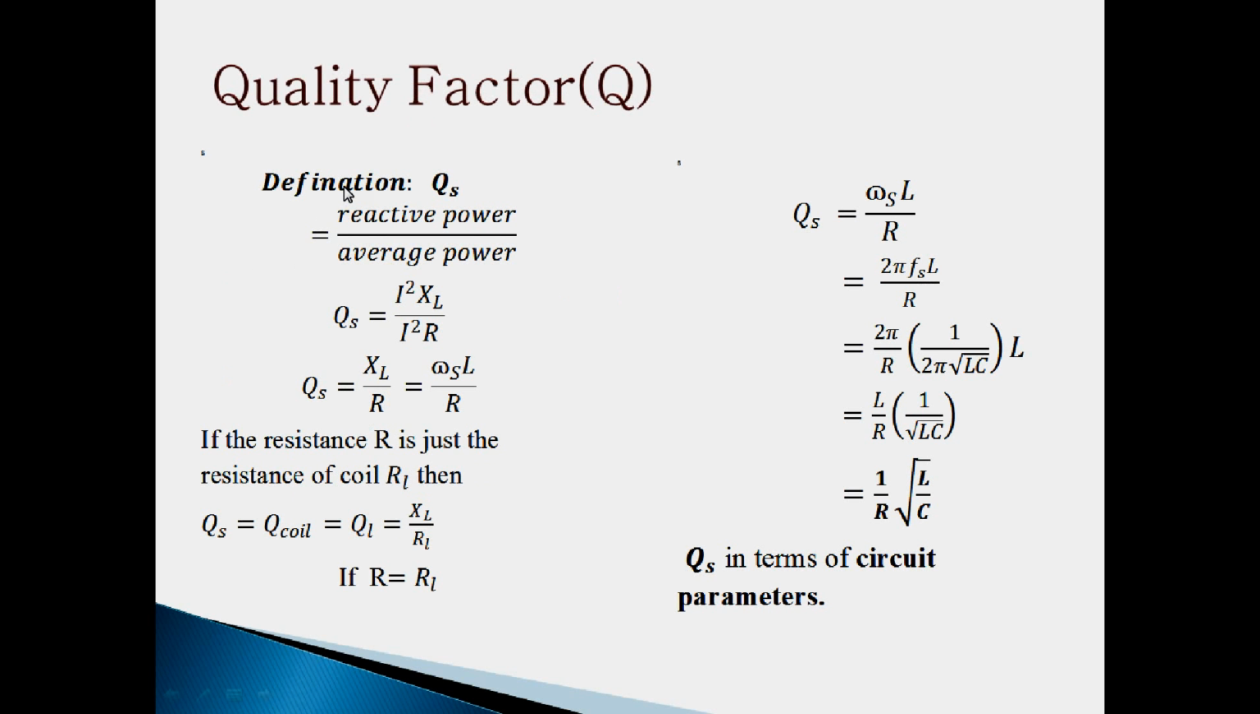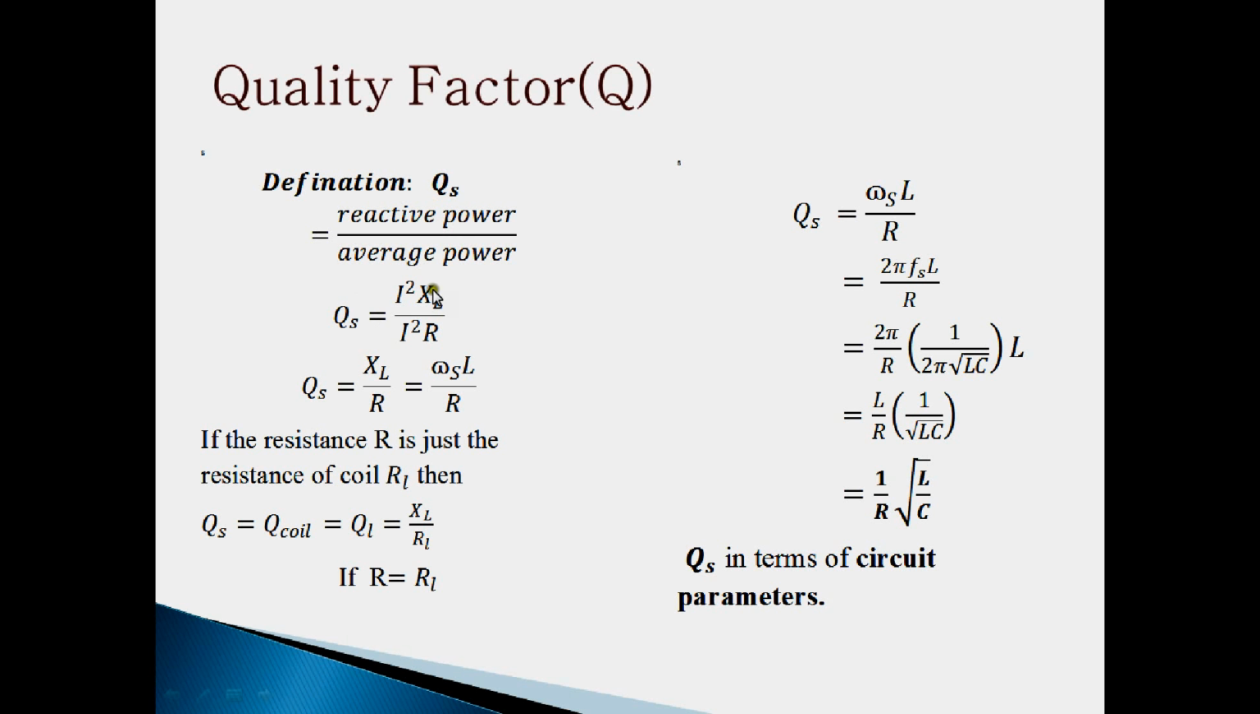In the first lecture, we also studied the formula for quality factor. By definition, QS is equal to reactive power divided by average power in the circuit. So in the RLC series circuit, for reactive power there are two components. First is an inductor and second one is a capacitor. So for inductor, quality factor at resonance is equal to,